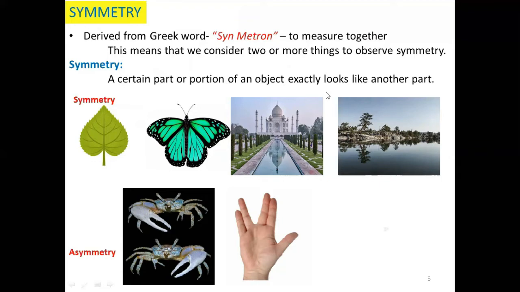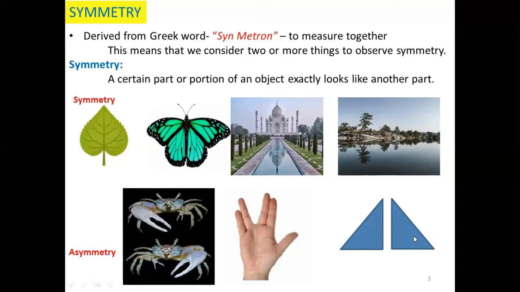And here comes an example, an alphabet A, and this is the line of symmetry when it is drawn in the middle of the letter, exactly in the center of the letter A. Then an action of flipping, if it is happening, then this portion will be exactly equivalent to that of the portion on the left hand side. And one more requirement is that for any two objects to be symmetrical, they must be of the same size and shape, but with one object having a different orientation from the other one.